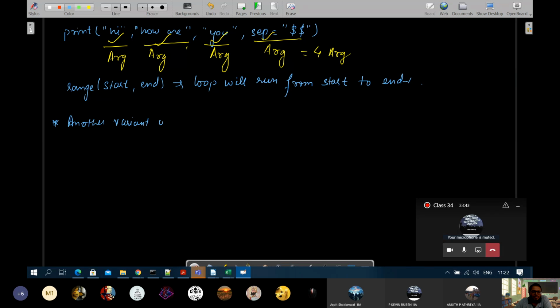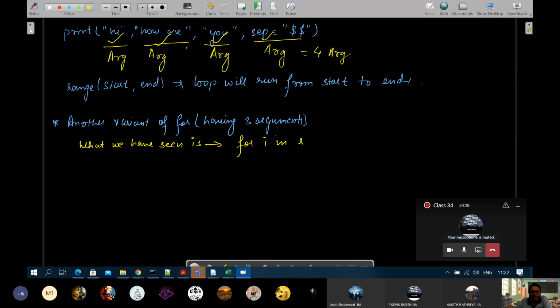Another variant of for. So this time having 3 arguments. What we have seen is something like for I in range 1 to 30, yeah, 1 to 300, anything.